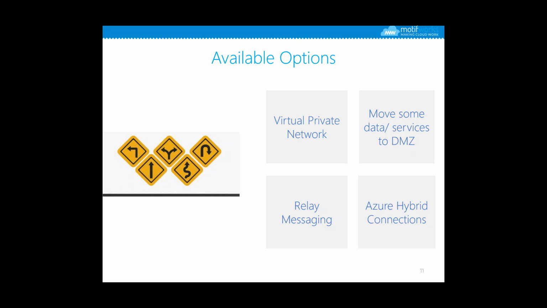We all know the amount of IT involvement required in setting up a virtual private network. With the coming up of these public cloud services like AWS and Azure, there are solutions available where the public cloud can become your hub of on-premise connectivity. And this is what we will see in today's session as well, where there are services available in these public cloud providers which can help you in connecting your on-premise data sources securely to your partners or B2B or B2C scenarios. Specifically in Azure, there are two services, which are Service Bus Relay and Azure Hybrid Connections.